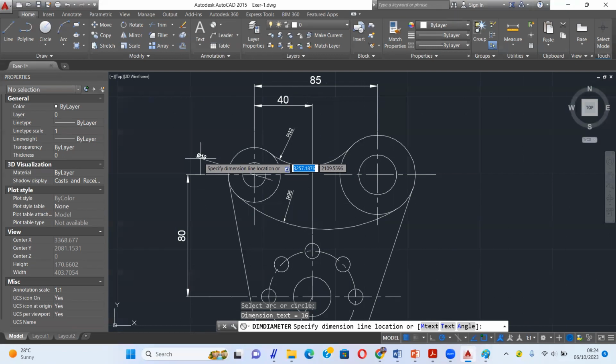Actually, you can put the number outside of your figure.